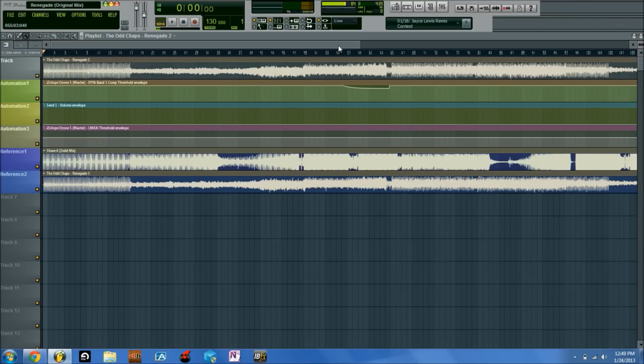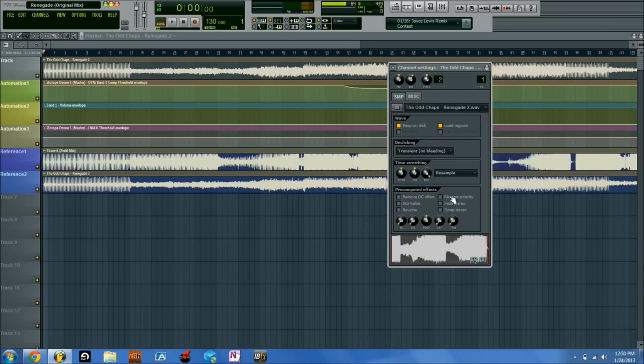What that basically is, is the computer reading that there's a sound wave going through, even though there isn't, and it essentially just eats up headroom. It generally doesn't sound like anything, although occasionally it can sound like aliasing. Most of the time it just eats up headroom, and you really don't want that when you're mastering, so we're going to remove that. One way you can remove it is by double clicking and hitting remove DC offset, and